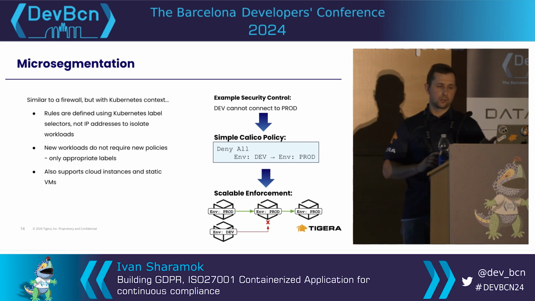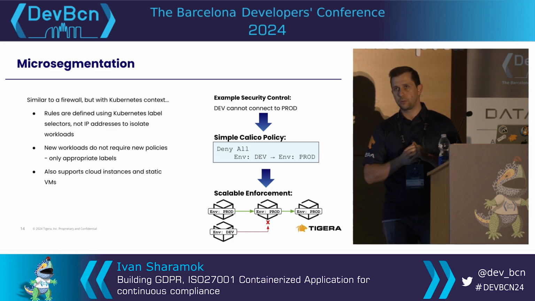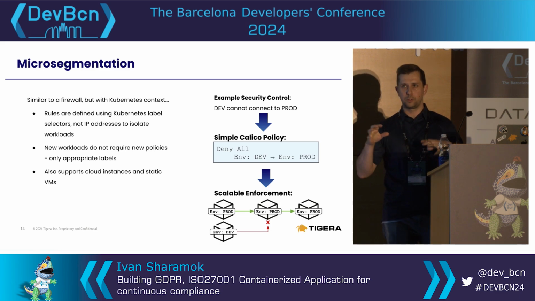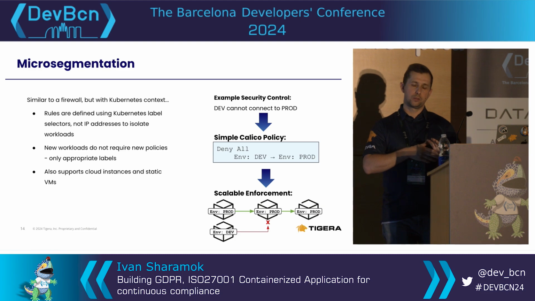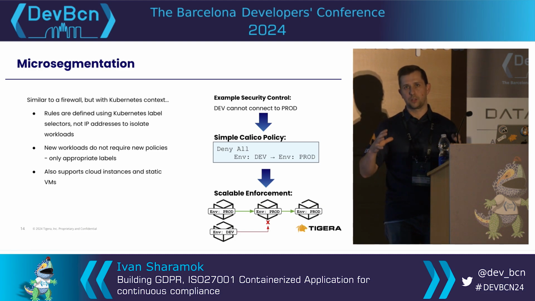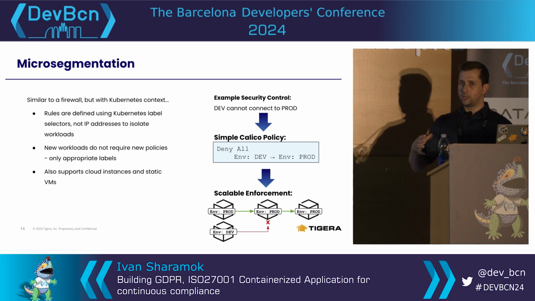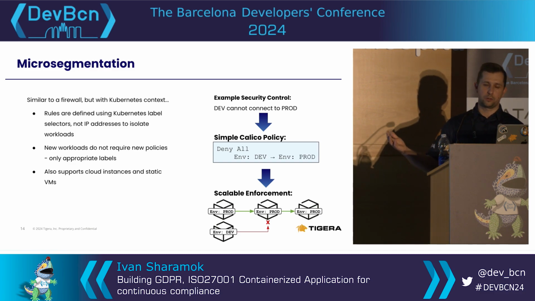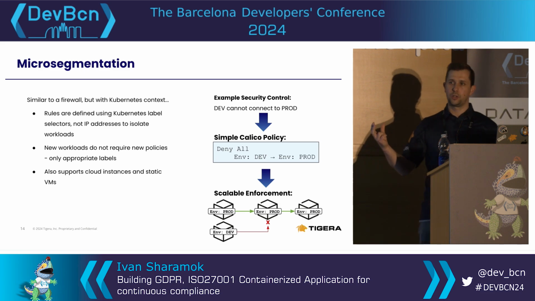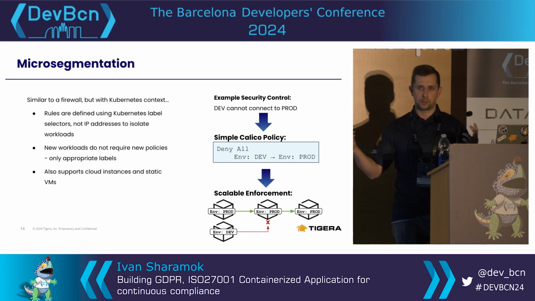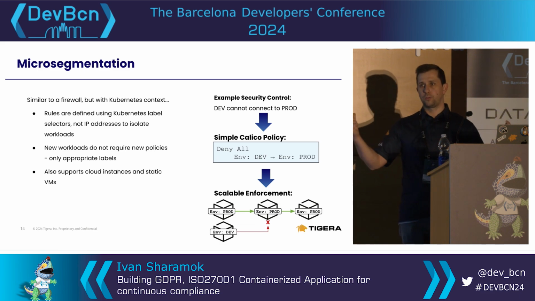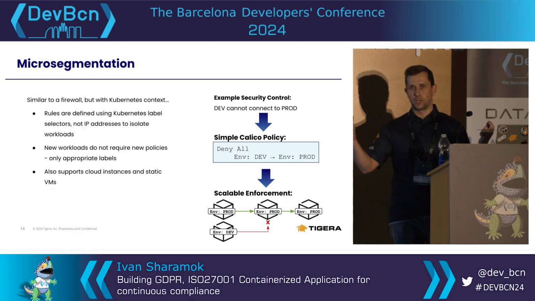And with Calico policies, you can apply them not only to the apps running in Kubernetes, you can also go beyond that. You can apply Calico policies to the hosts. So you're not only protecting the pods, but also Kubernetes hosts, and you can even go beyond that. You can install Calico as an agent on non-Kubernetes hosts, like VMs and bare metals, and pair that with your Kubernetes environment and have Calico program policies on both ends.